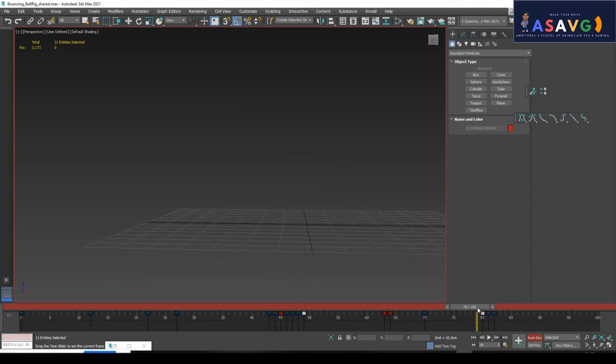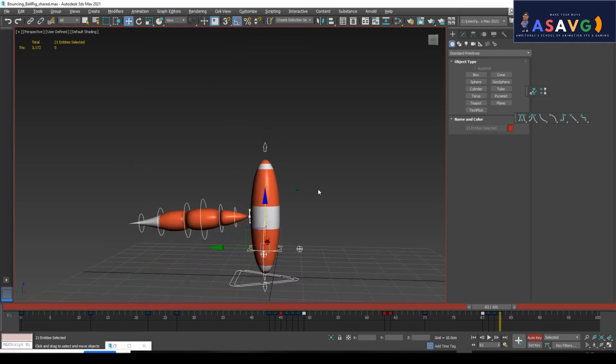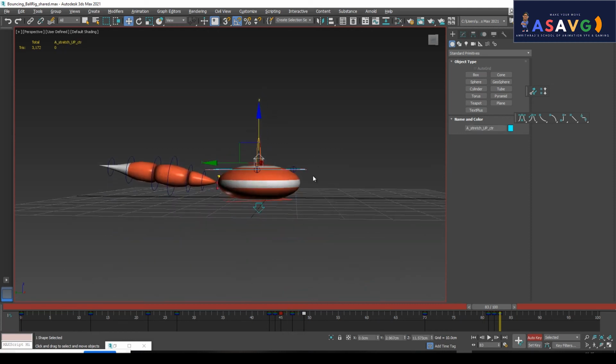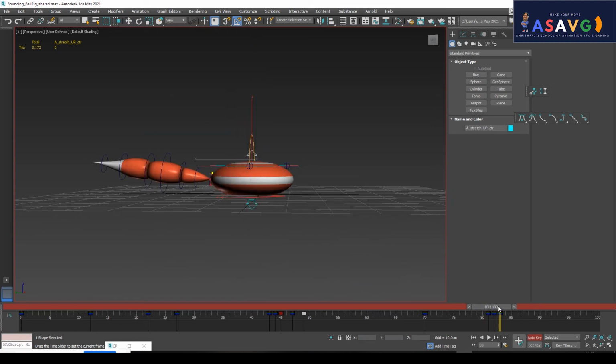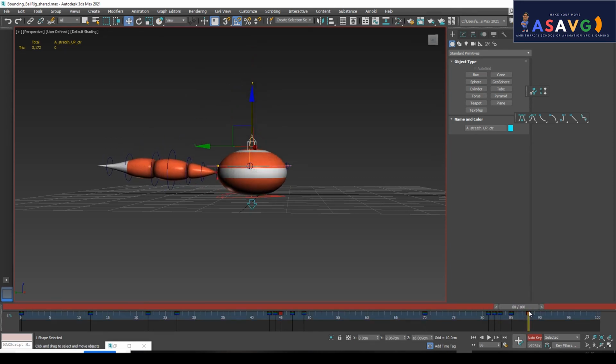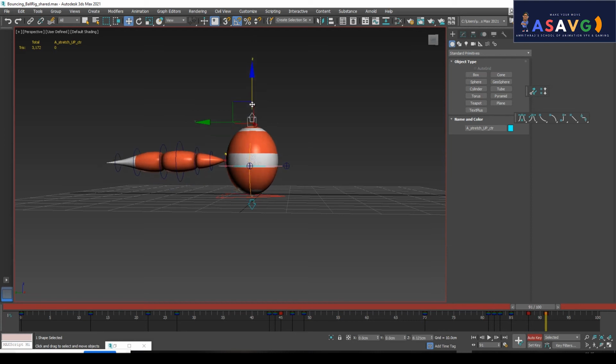Press S, stretch down, then the same pose, press S, and he's coming a little bit down, more stretch, then he's squashing and he's settling down and he's settling. This is the settle pose.